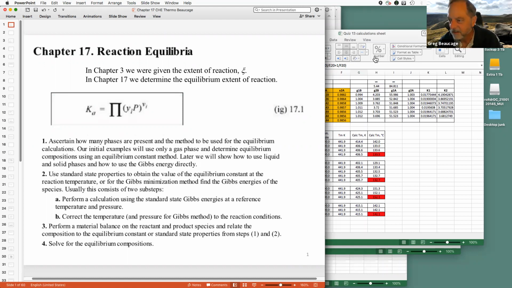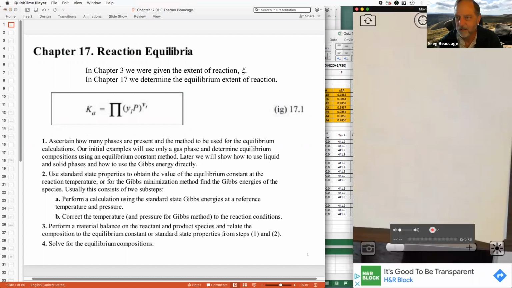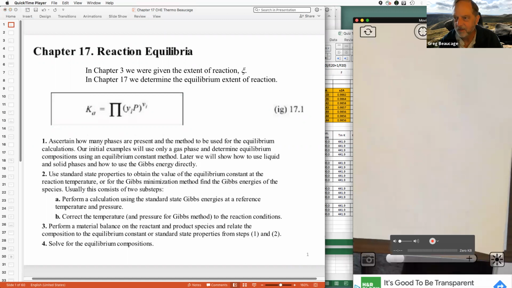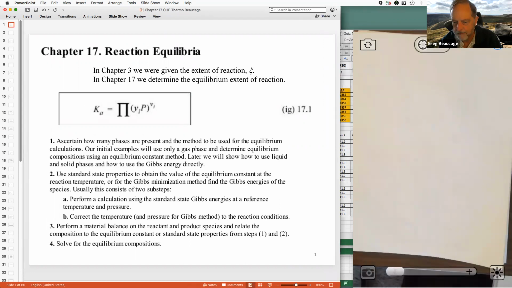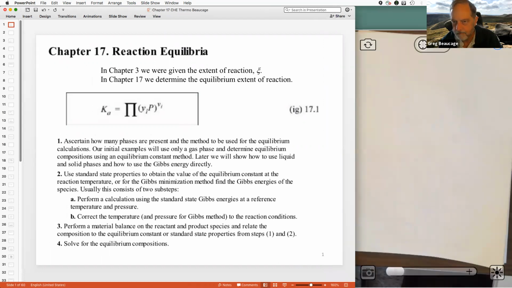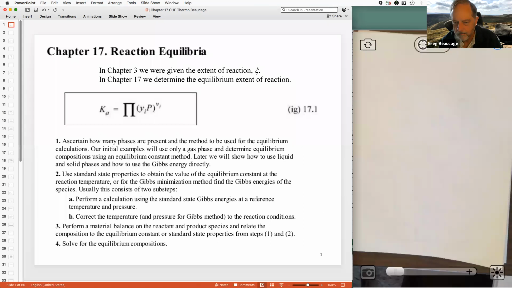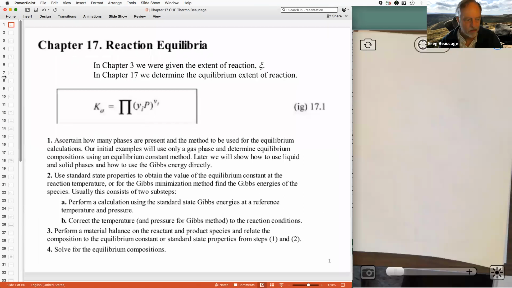Let's see. Seems to be working. Expand this thing. All right, so